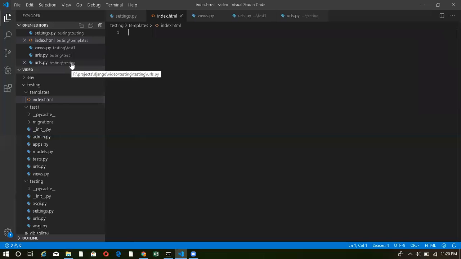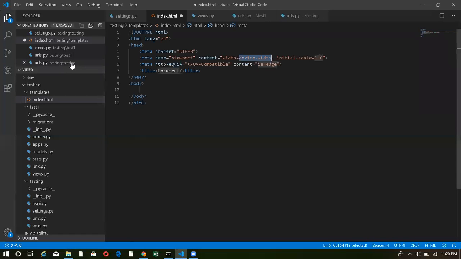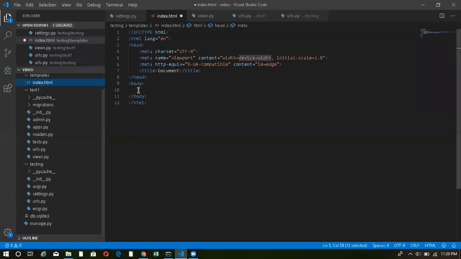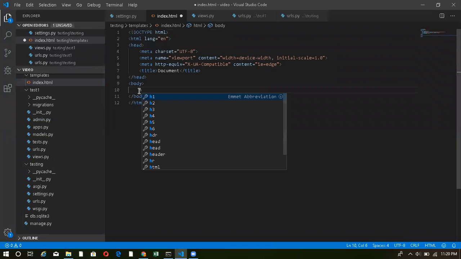And inside that, let me create a default file. Okay. Over here, let me write h1 hello.